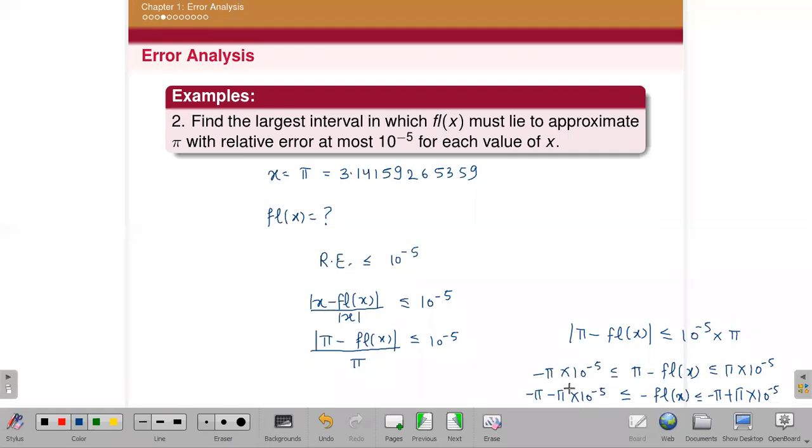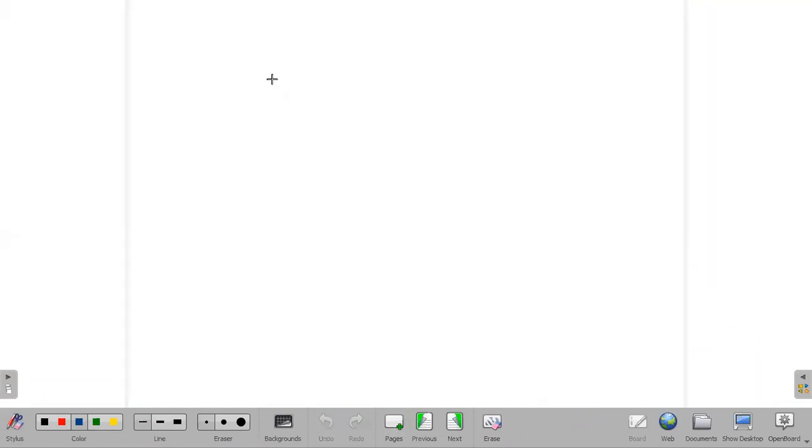So if you subtract from here, it will not be minus 2 pi. Some students will do this actually, because minus pi, then if you subtract minus pi from it, it will become minus 2 pi. That is wrong, because pi is multiplied with 10 raised to power -5 here. So it will be minus pi and then minus pi into 10 raised to -5. And same with here also. So now if I multiply with -1, then the sign will change. And here also it will become positive. So pi plus pi into 10 raised to power -5.